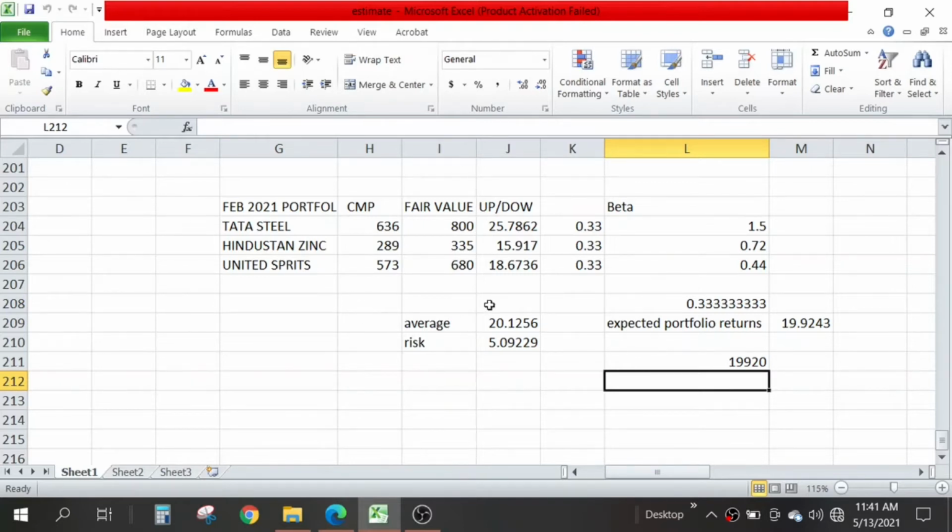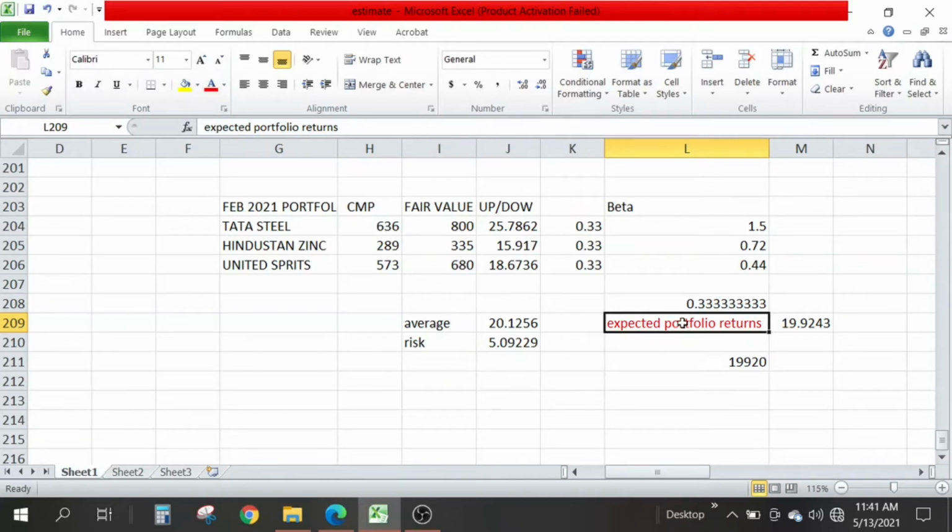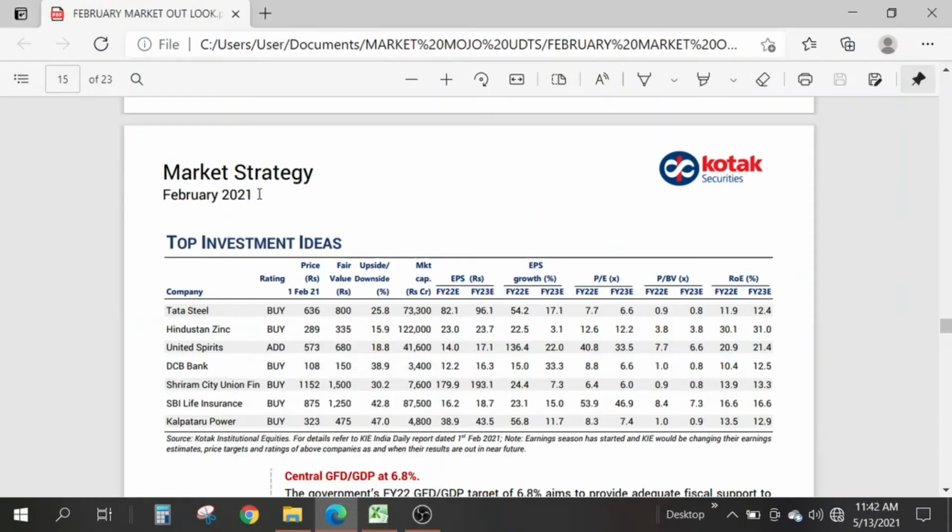So today I am going to teach you how to calculate expected portfolio returns. Expected portfolio returns, and for that we need stock recommendations. So I have over here the market strategy of February 2021,